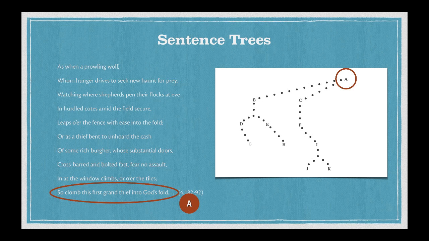There's also a little bit of a hierarchy going on here too. Corns puts clause A at the top, which means that it's more important. So the things that are the most important in that sentence are going to go to the top. There is an implicit timeline from left to right, so the first things we encounter in the sentence are towards the left, and the later things we encounter are towards the right.